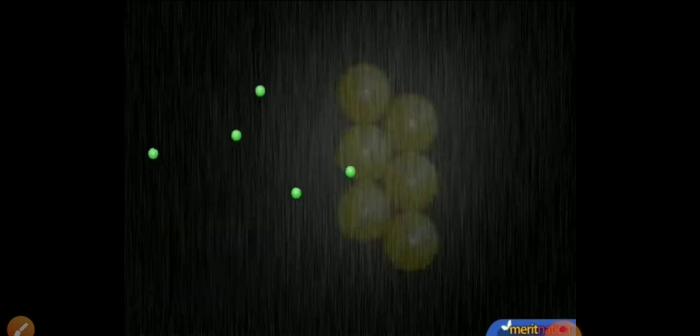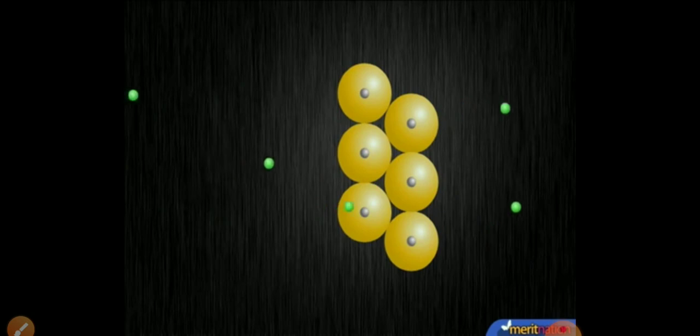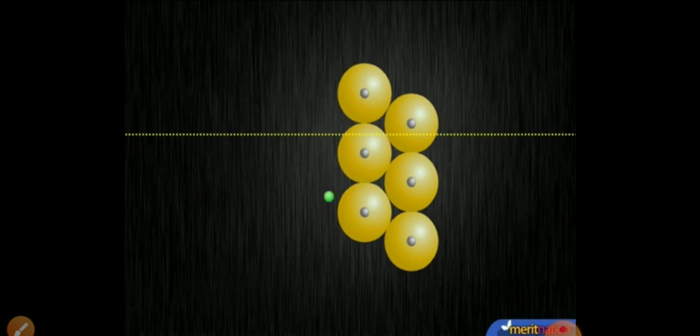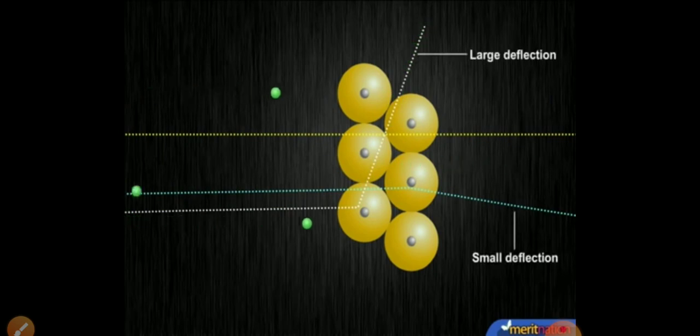Based on his observations, Rutherford derived the following conclusions from his gold foil experiment. First, since most alpha particles passed through the gold foil without any deflection, most of the space inside an atom is empty. Second, very few particles suffered a deflection from their path. This means that positive charge occupies very little space inside an atom. Third and final point, as a small fraction of particles got deflected completely by 180 degrees, all the positive charge and mass of gold atoms are present within a very small volume inside the atom.